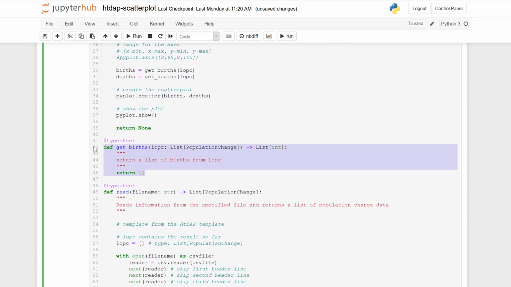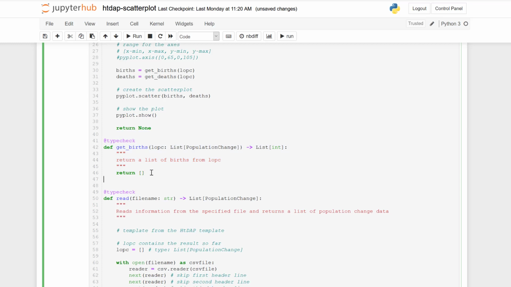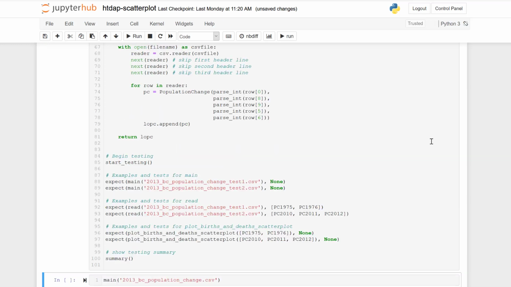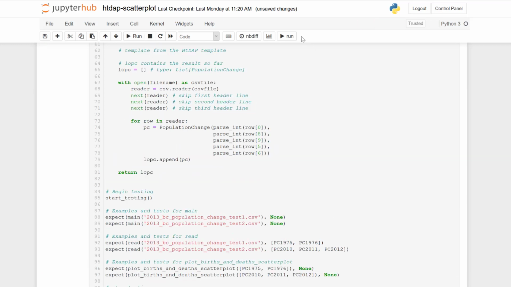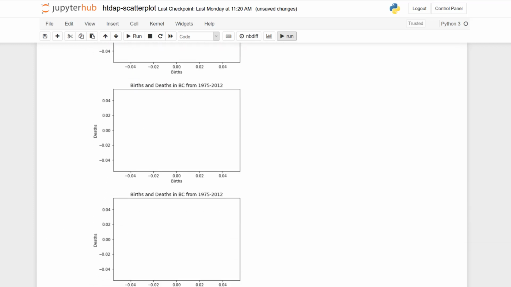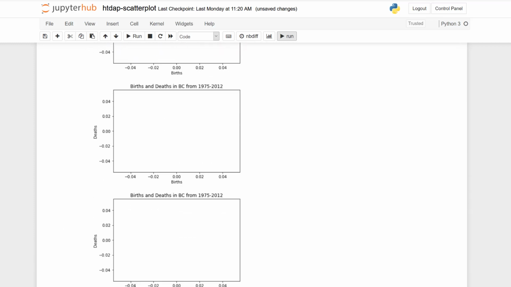My getDeaths function is very similar, so I'll copy and paste and update. There we go. So now we have stubs for both getBirths and getDeaths. If I run my code, I hope that it will run. And it does. There's nothing in the graphs, but that's what I would expect at the moment.